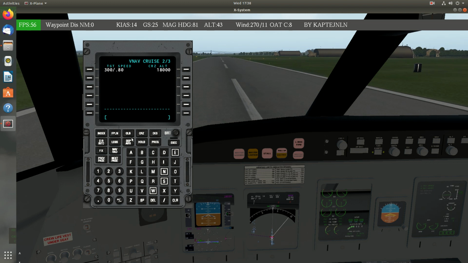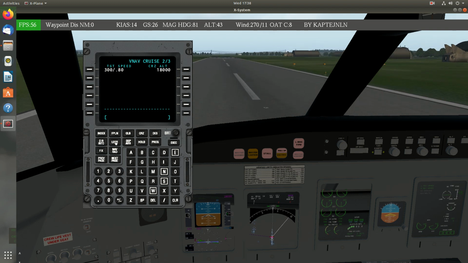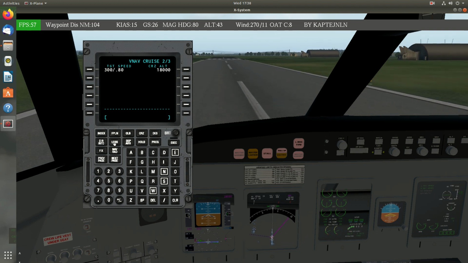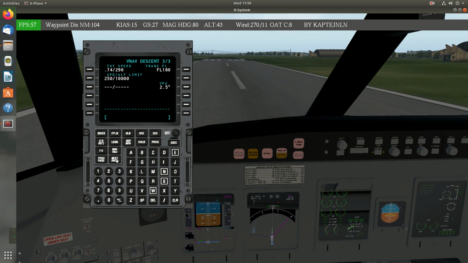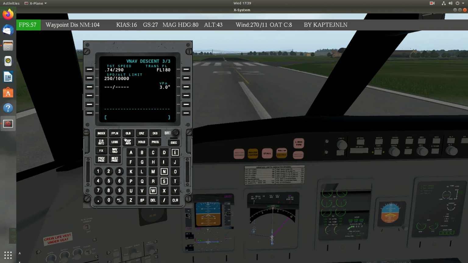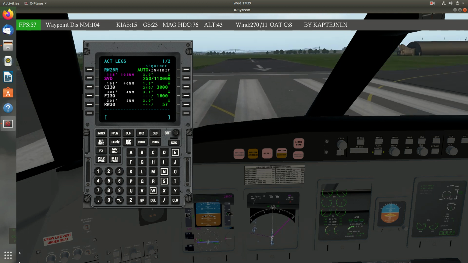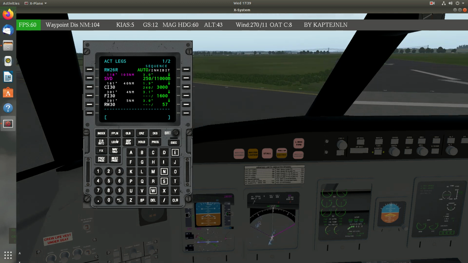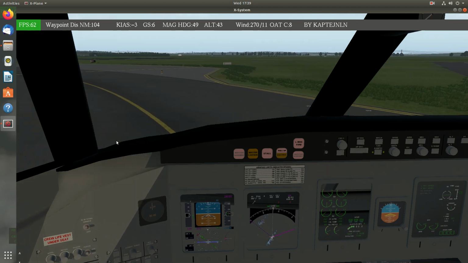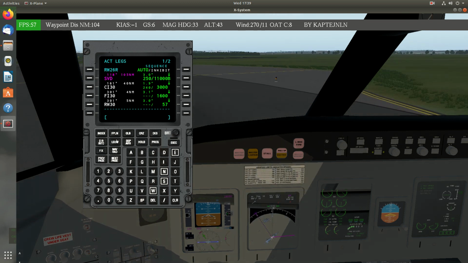Because you have the VNAV, of course it would set that, but in reality we should also get the top of climb, top of descent. But I tend not to use it, because you get the information, of course,